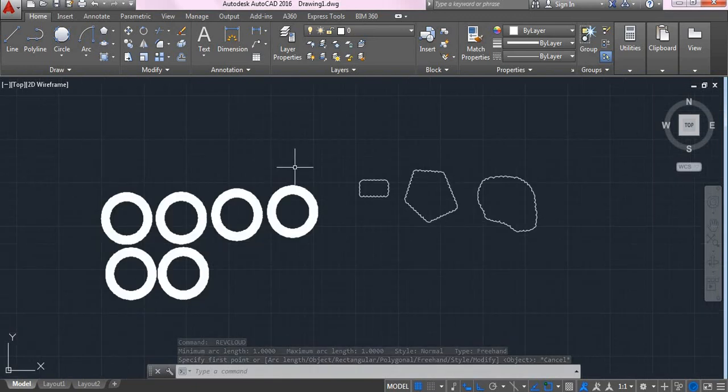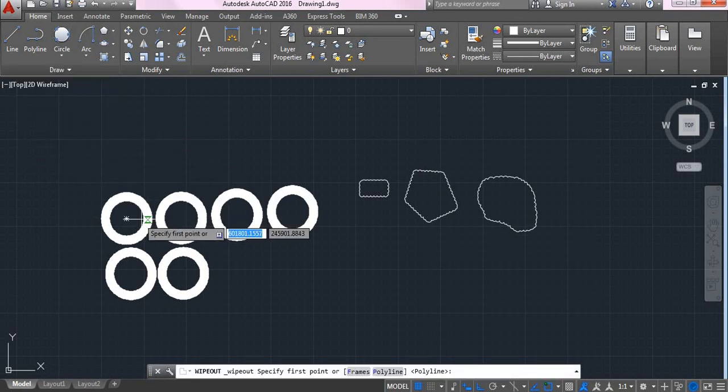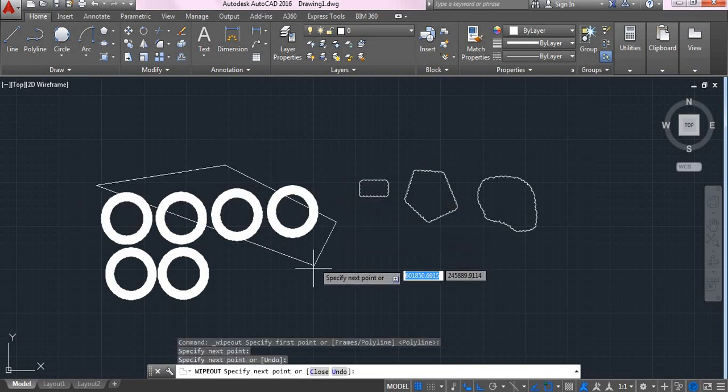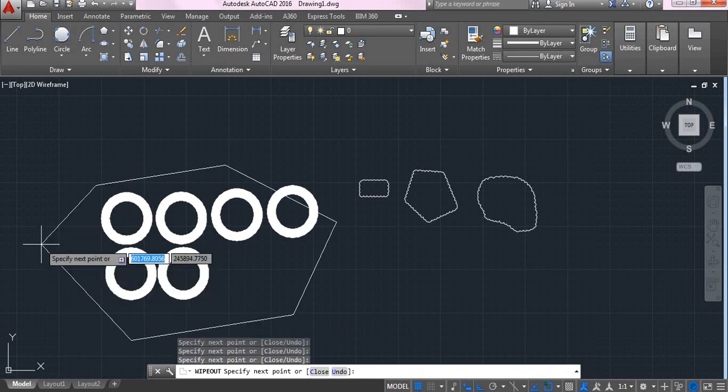And the next tool is the wipeout tool. How to use wipeout and what is the use of wipeout? Here I will be selecting wipeout. The use of wipeout is that it is used to hide the sketch temporarily. I will select the first point and I will specify the next points of my wipeout tool. After my endpoint, I will press the enter key.